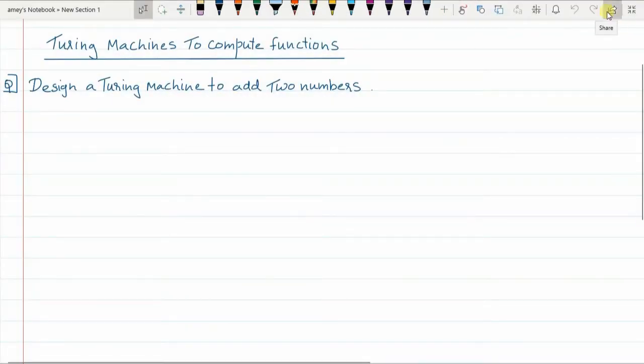Today we are going to study a new topic, that is how Turing machines can be used to compute functions. So far, the Turing machines, the two examples that we have seen, their main aim was just to find out whether the input string that is given is accepted or rejected.